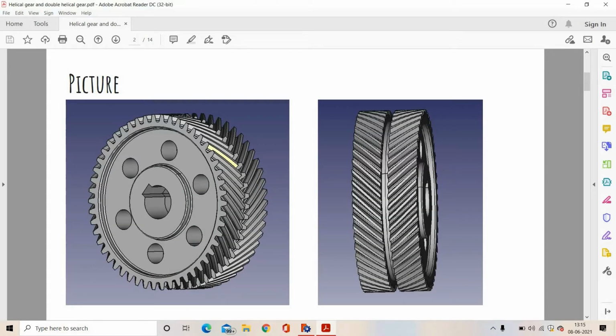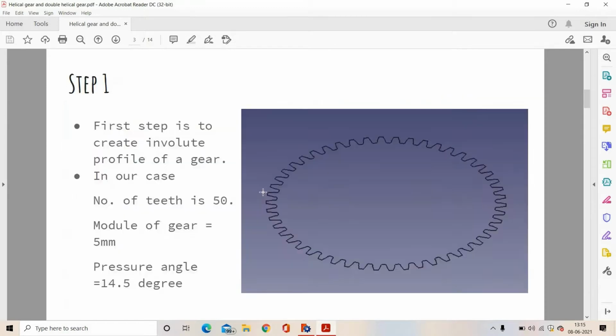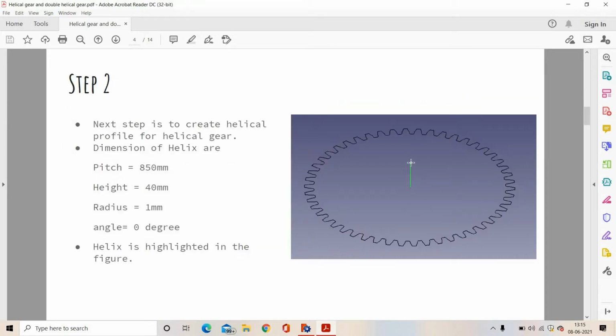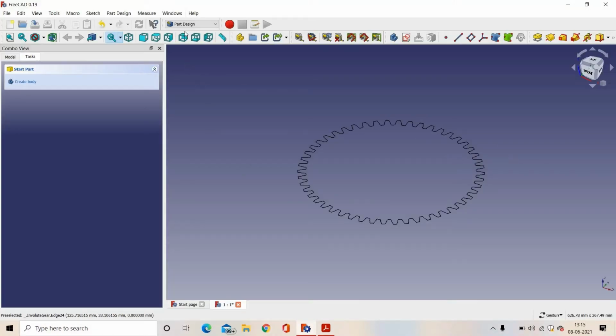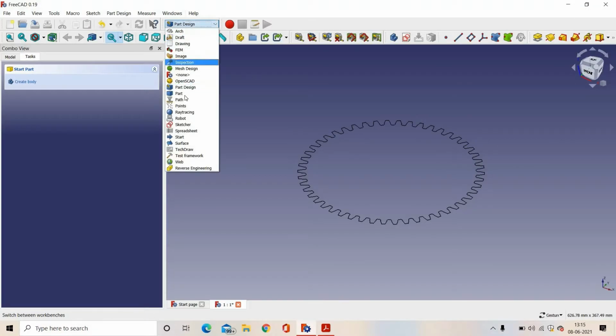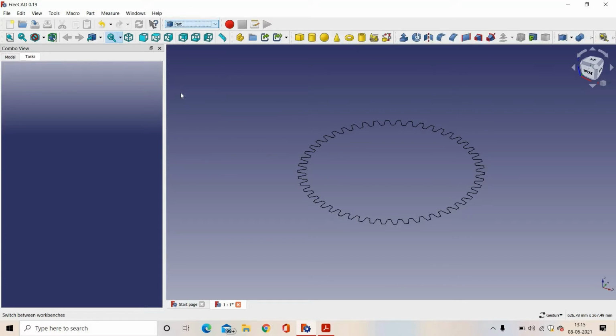Now we have to sweep this involute profile like this, and this is a helical profile. As the name suggests, this is a helix. So the next step is to make this helix. To make this helix, we have to come in Part.